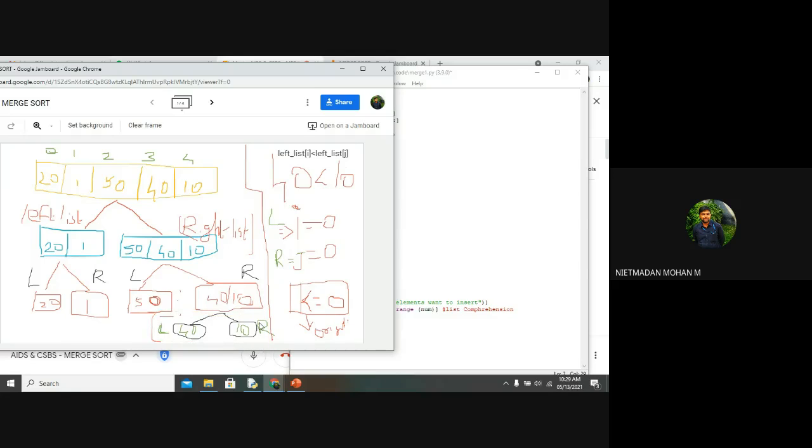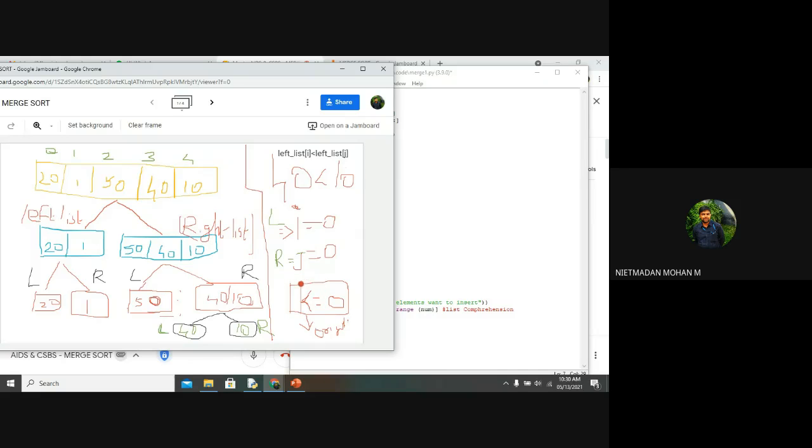For sorting these two numbers, I am assigning the variables i and j, and I am assigning one more variable called k to store the sorted numbers in a list. This is an imaginary part that I am assigning. For the left hand side, that means the left list, I am taking the variable i, and for the right list I am taking the variable j, and for checking the numbers and sorting the list I am taking a variable called k.